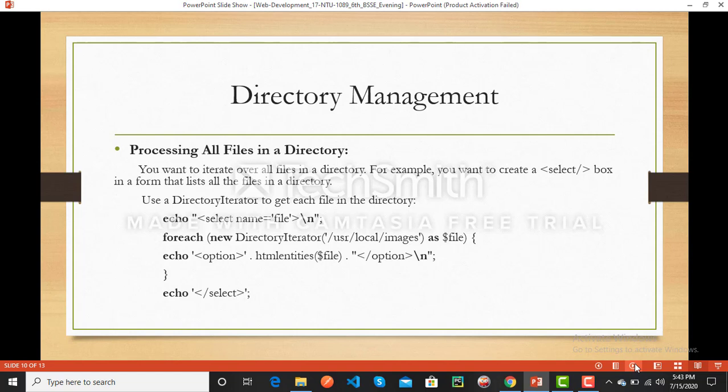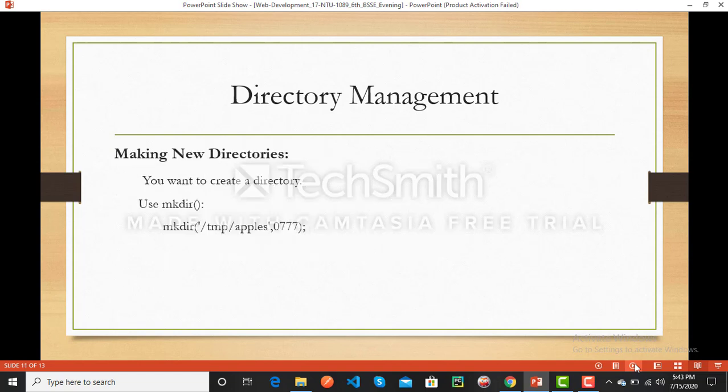At a time it will upload the image. Okay, echo option, htmlentities of $file, option. This is the uploading of the image. This is the function of DirectoryIterator.